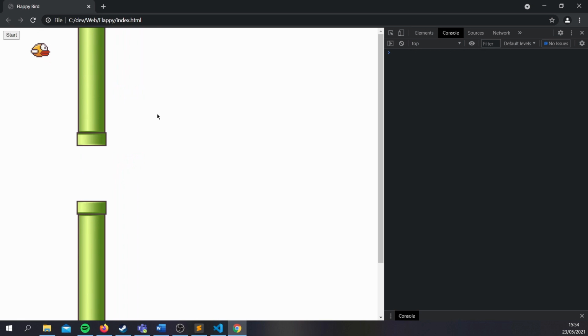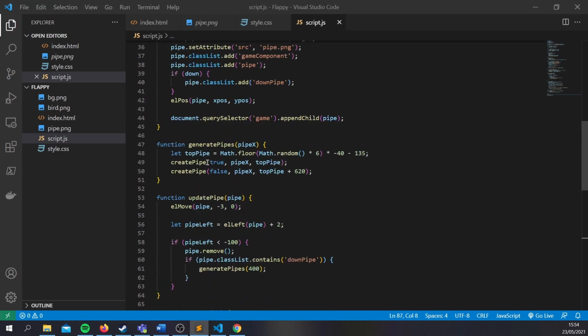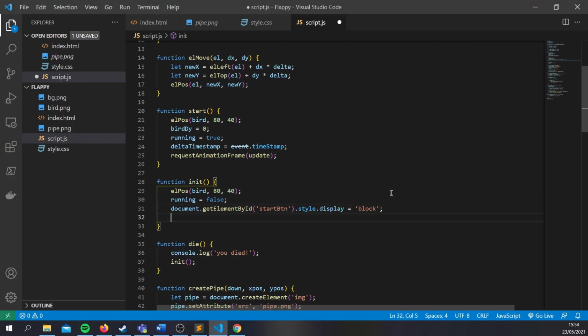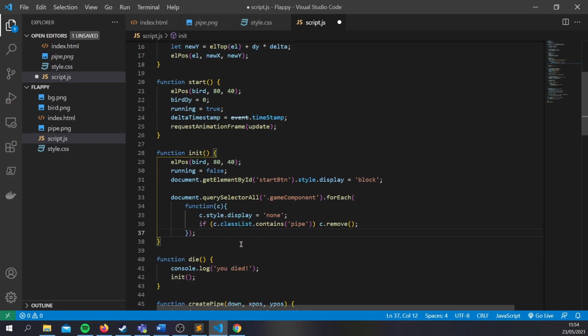Currently, however, as you may have noticed, the bird does not die when it collides with the pipe, so we're going to fix that. We're going to create a die function. Let's put that right here. This will basically just log to the console that you died and call the init function. And inside the init function we're going to add a piece of code. This will take all game components. If it's the bird, it just gets set to invisible, and if it's a pipe, it actually gets removed from